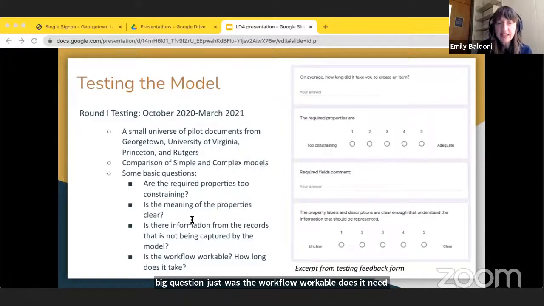Throughout this testing phase, we were meeting basically every 2 weeks to discuss how it was going, but we were also trying to collect more structured feedback on the testing using a Google form, which you can see a small snippet of to the right here, which each of us would try to fill out following every testing session to start aggregating some feedback.